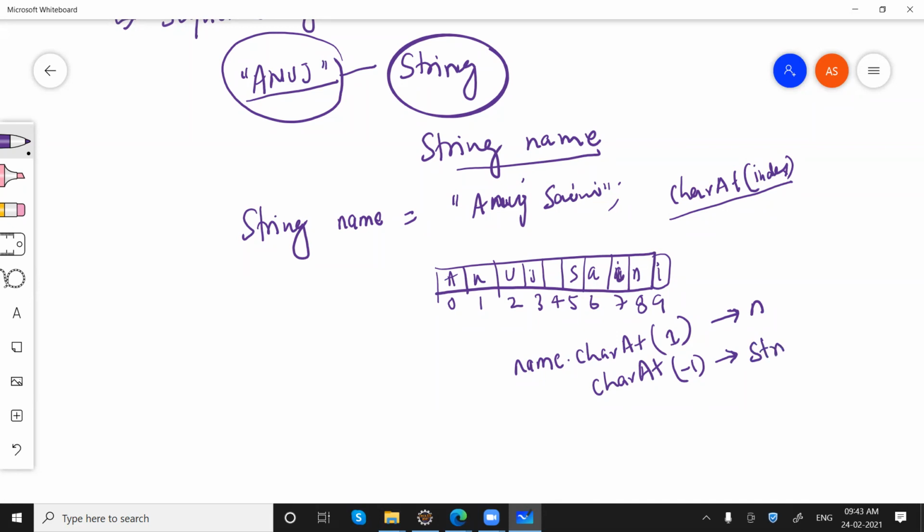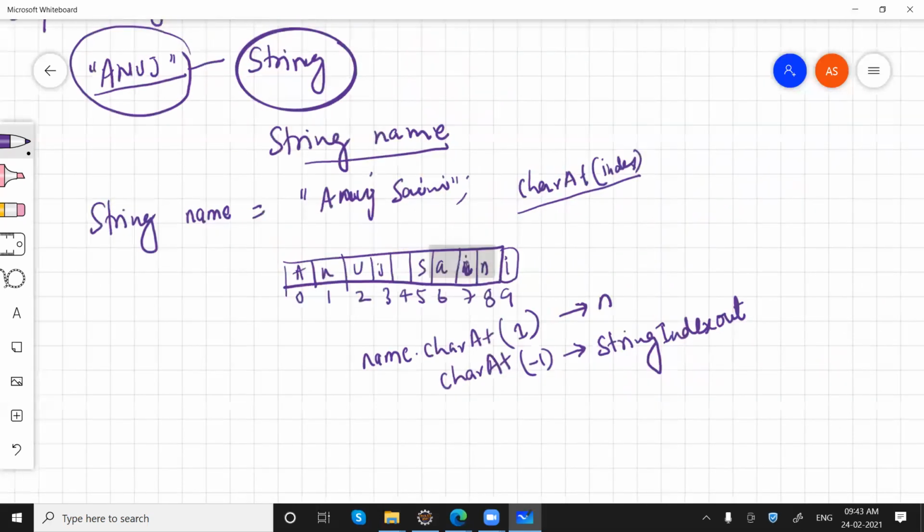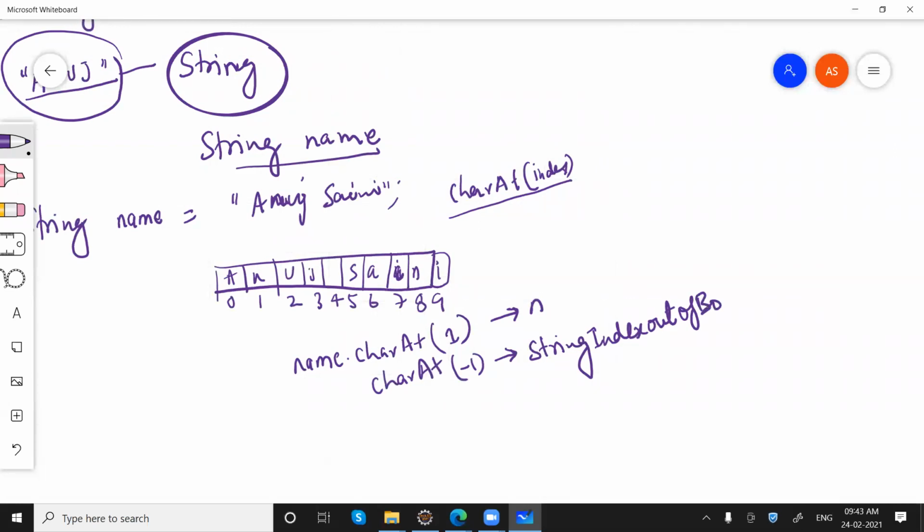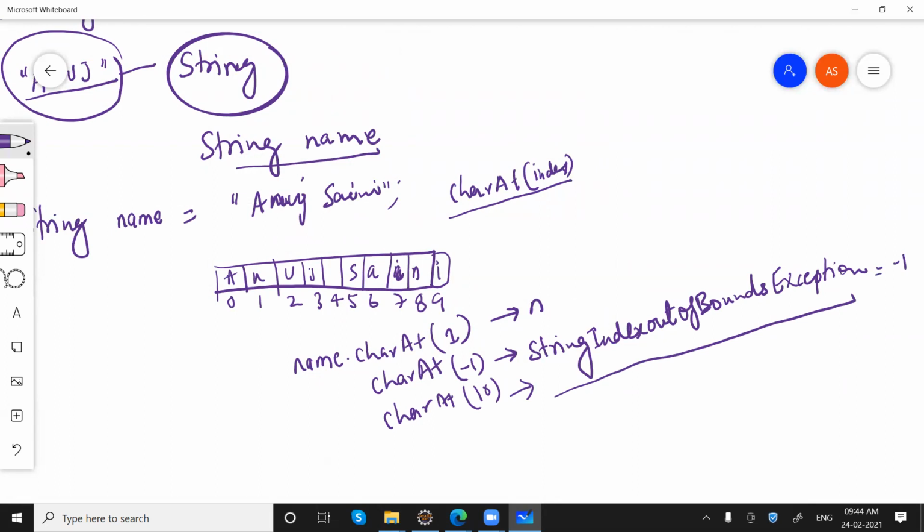In this case, we will be getting a string index out of bounds exception. If the index does not exist, if I say charAt 10, which is not there, again the same error. Getting my point? Any doubt in this charAt method?